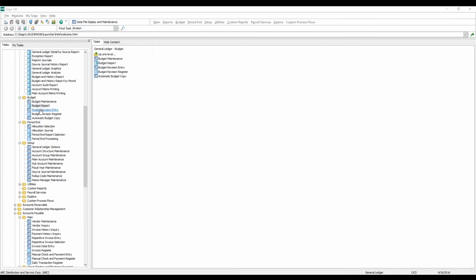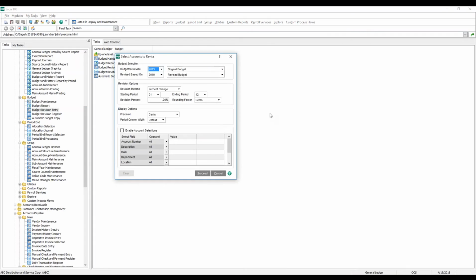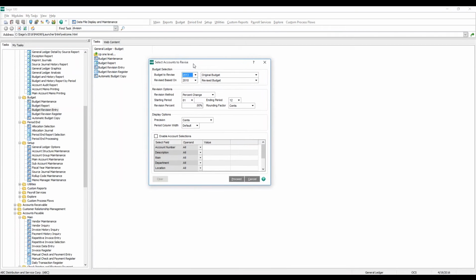Budget revision. Budget revision is an interesting way to affect many accounts at once. So I can go into budget revision and take the budget that I want to revise, which, let's just say, is the 2013 original budget, and base it on the 2010 revised budget, and that's what we were working on earlier. And I could say the revision percent would be 10%,